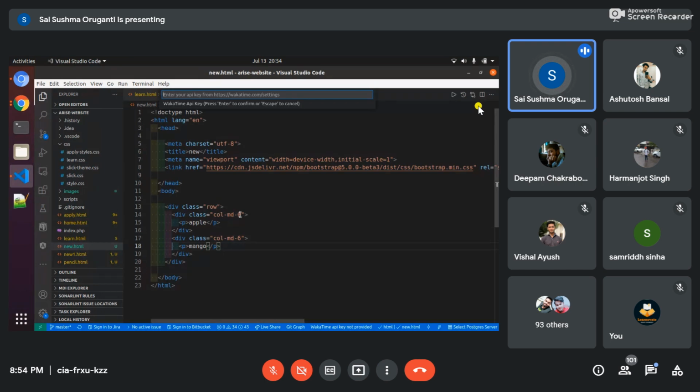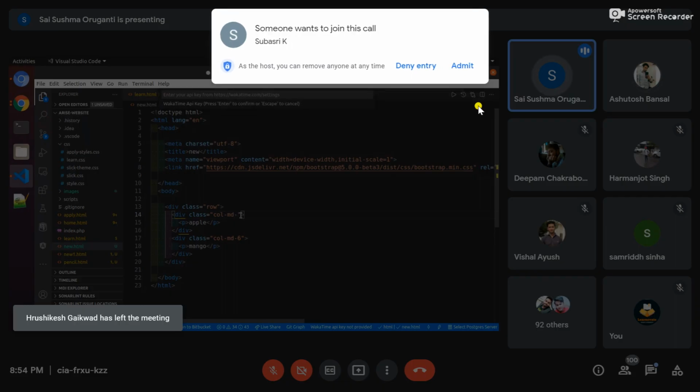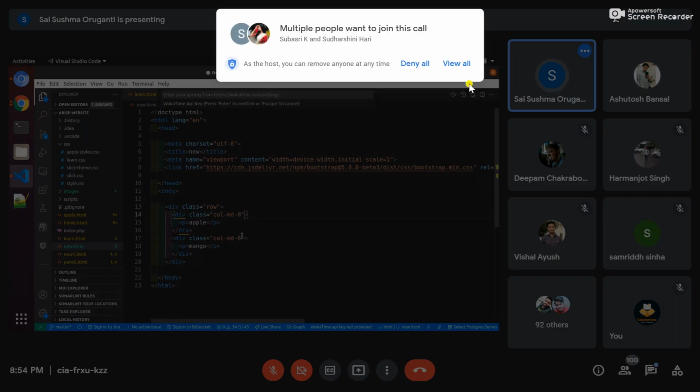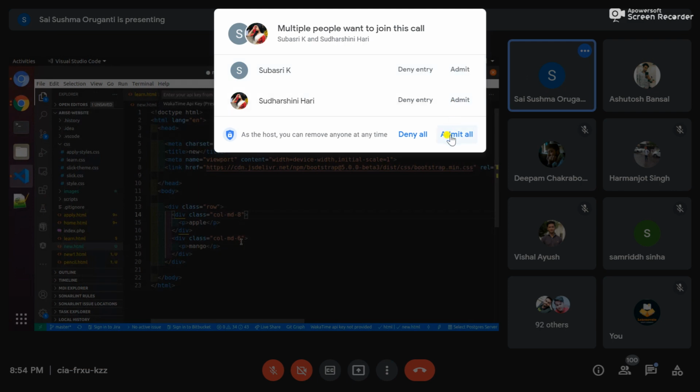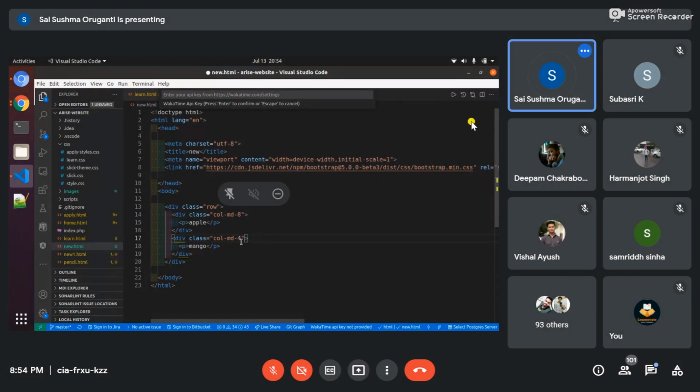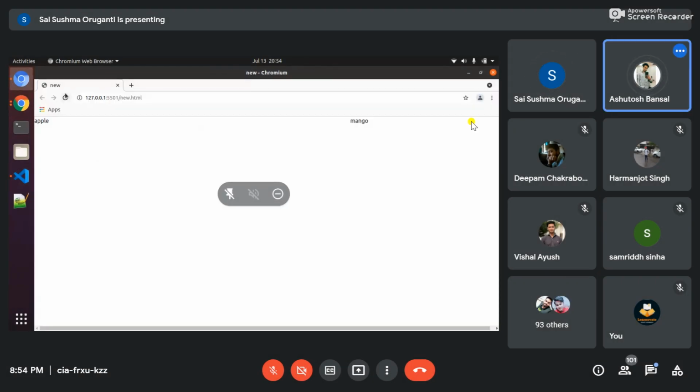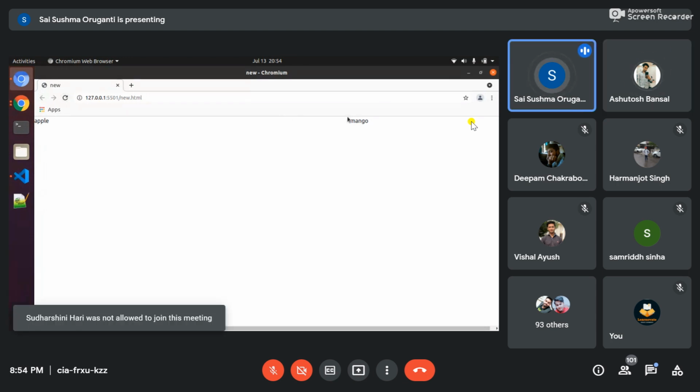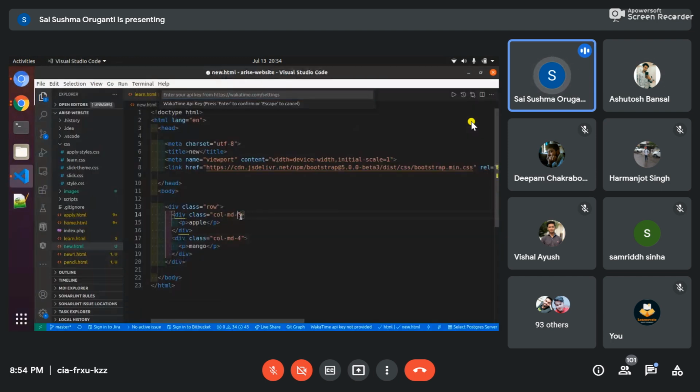So you can even divide at your convenience, like not only 6 and 6, out of 12, you can divide as 8 and 4. I will show you. See. Here this has taken 8 space and this has taken 4 space. In whatever way you want, you can divide it. Even you can divide into 10 too.